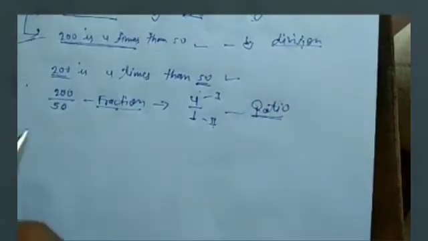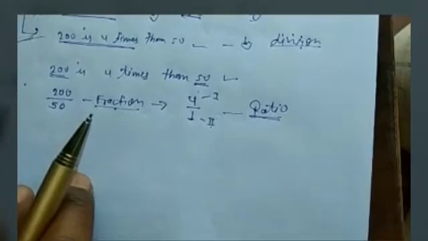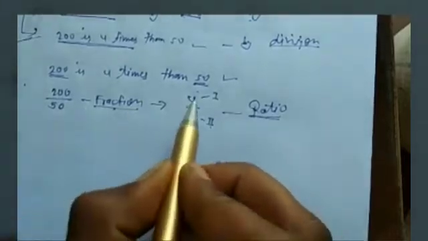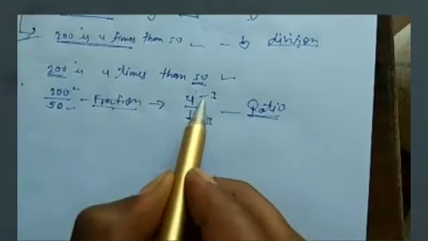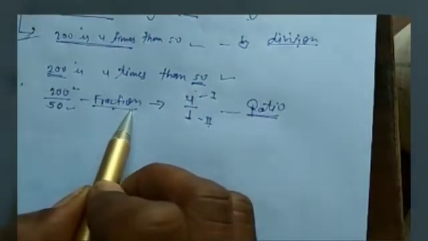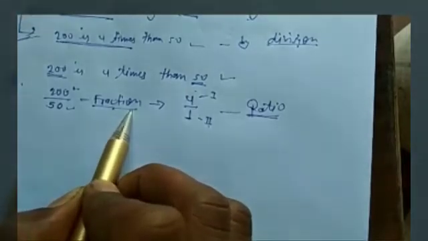So simply, the definition of ratio is the relation of two quantities obtained on dividing one quantity by the other. Ratio is the simplest form of a fraction. There are different points related to ratio, so let's discuss all the points one by one.